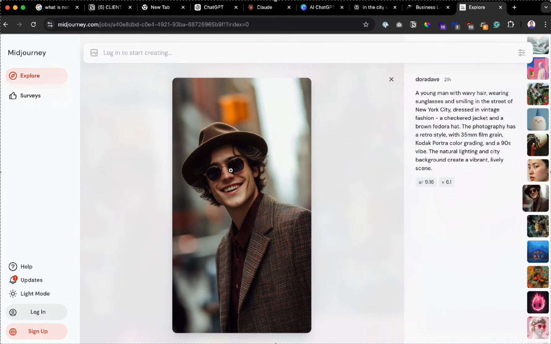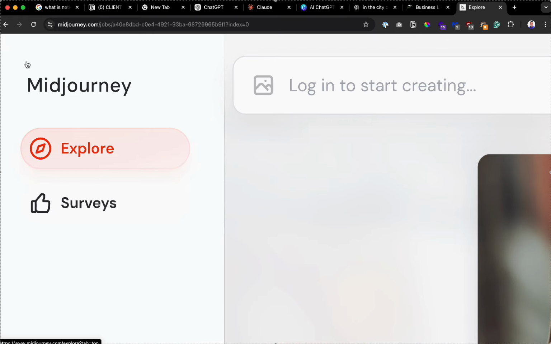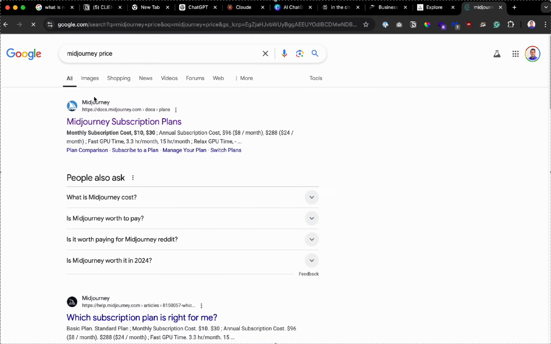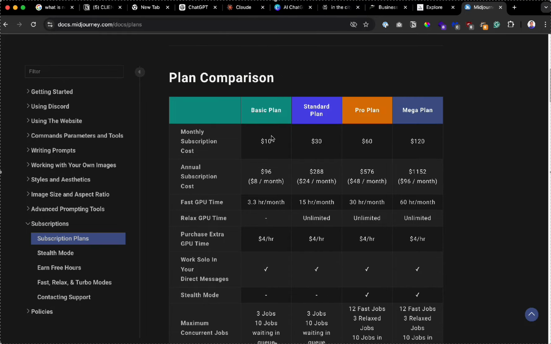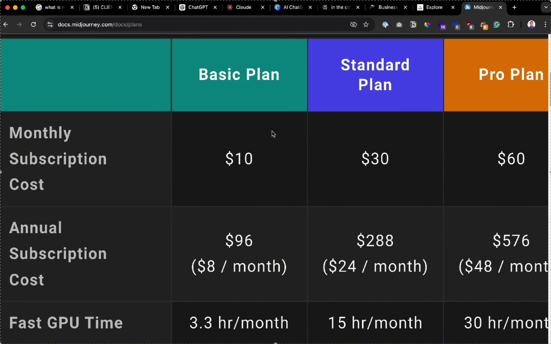Does that cost? This one is called Midjourney. Does that cost? Oh yeah, it does cost. Let's do Midjourney price. I'm gonna show you a free one right after this. Midjourney is $10 a month. $10 a month to start, but it will, because if you give ChatGPT a prompt for an image and then